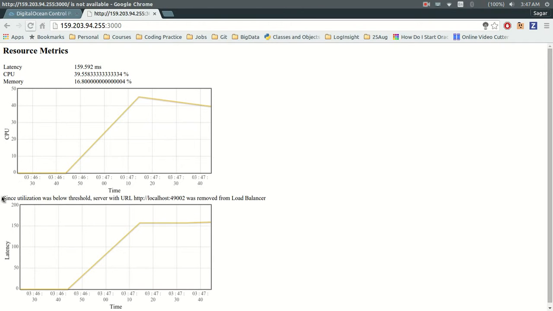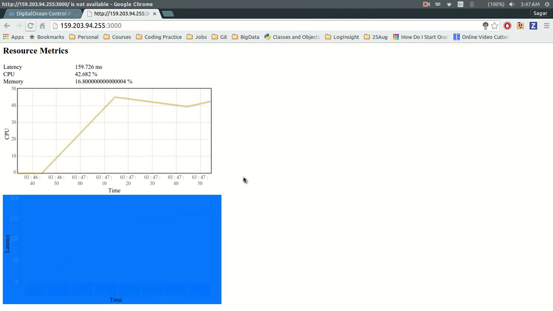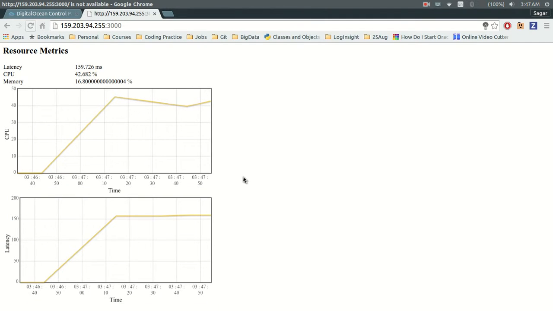We also periodically keep checking the latency, and if it's less than our threshold, then we remove a resource. As we can see here, the utilization was 39, and it was below our threshold of 45, so a node was removed. We also have a check in place that if it ever exceeds our threshold, then we need to put the server back in, since that is the requirement for us.